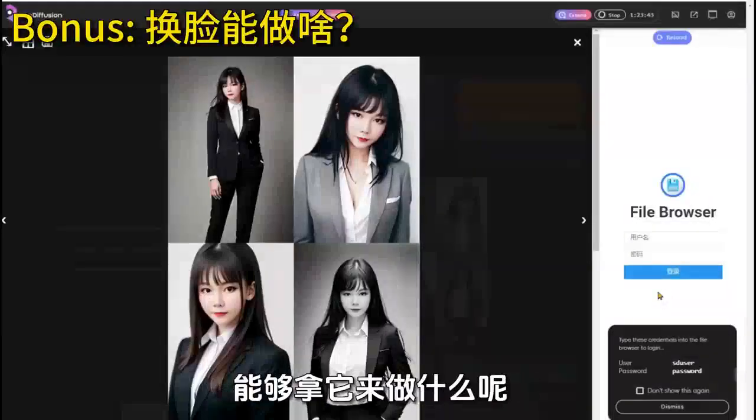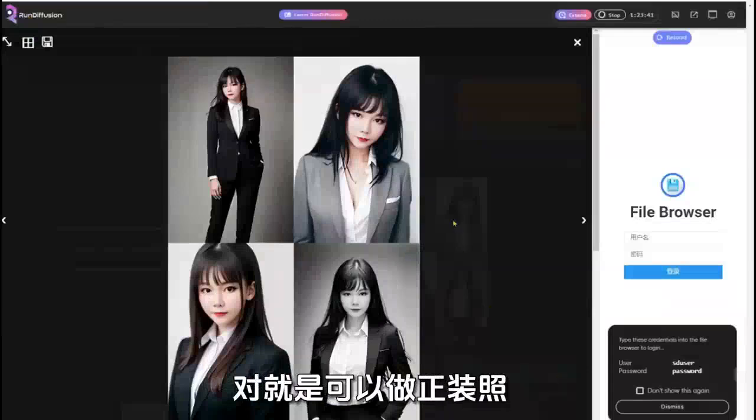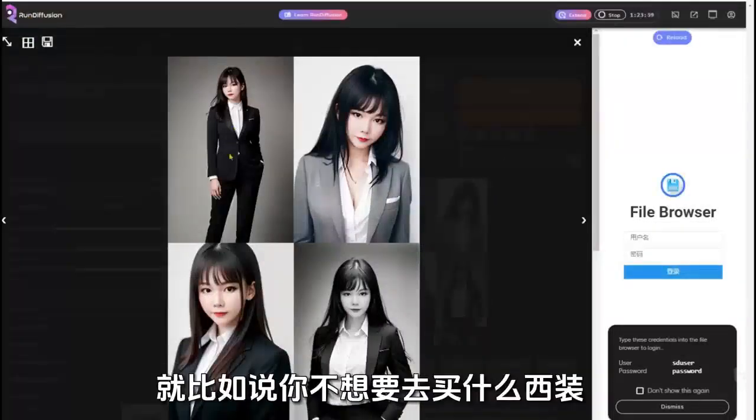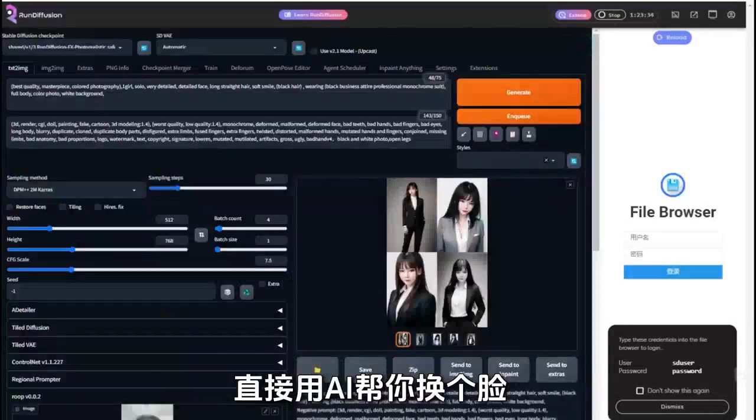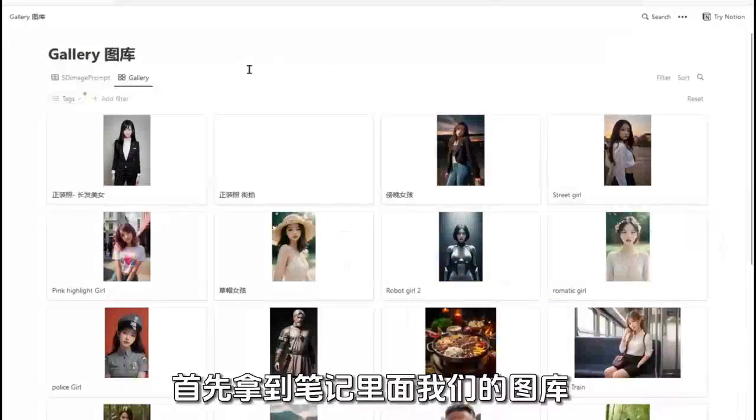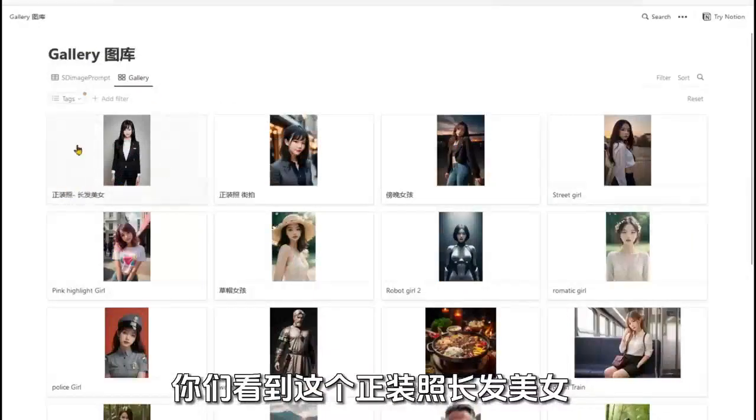What can we do with AI face swapping in real life? Well, we can use it to take professional makeup photos, just like if you don't want to buy a suit, directly use AI to help you change your face. So how to do it? First, get the notes, our gallery. Have you seen this makeup photo, long-haired beauty? After clicking,